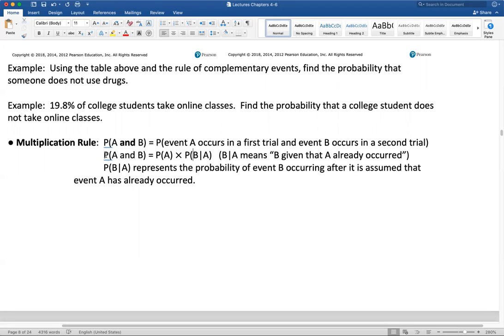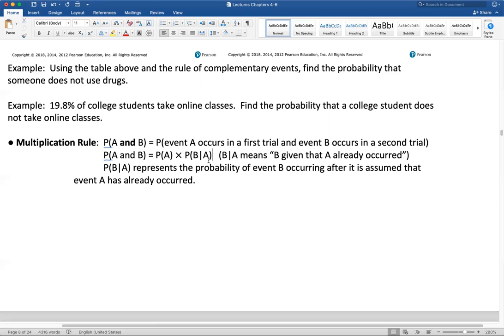So we can find the probability of A and B using that formula: probability of A times probability of B bar A. That is called conditional probability, which will be covered in section 4.3. So today I'm going to cover the multiplication rule, which is in the second part of section 4.2, and then 4.3. Okay, so P of B bar A means the probability of B given that event A